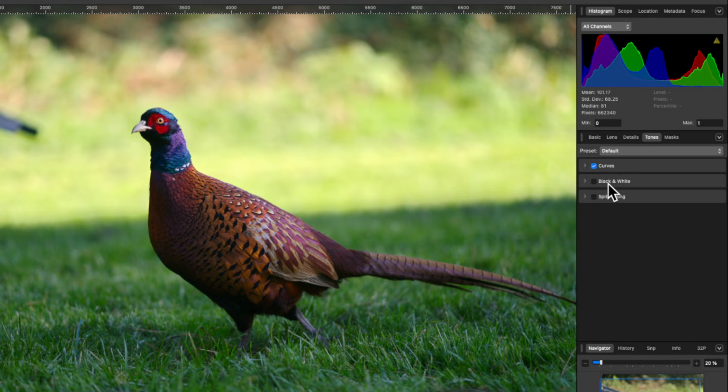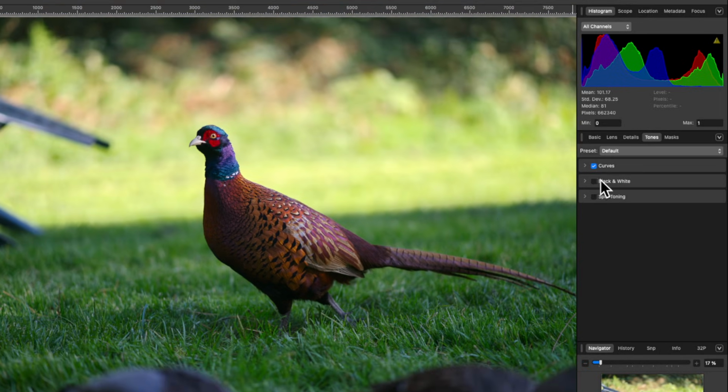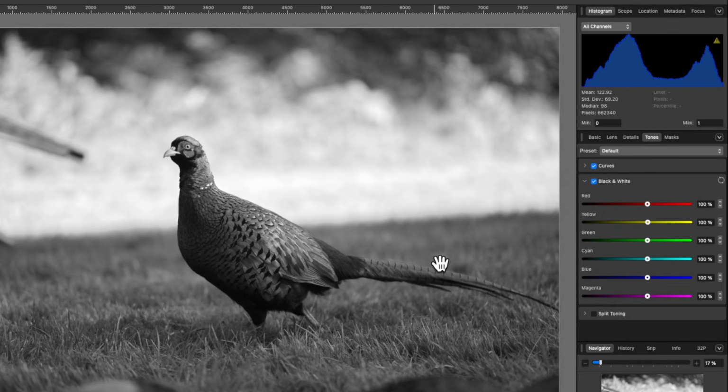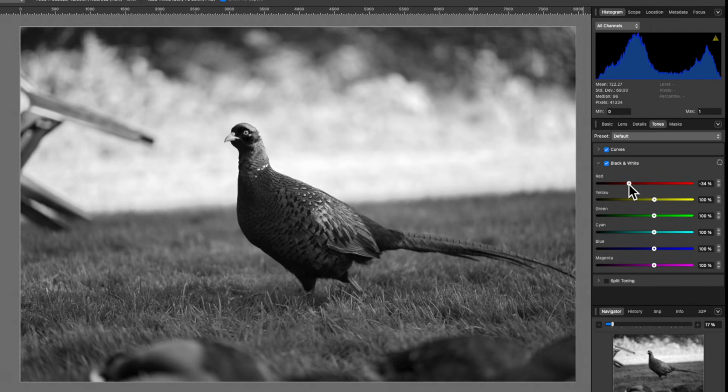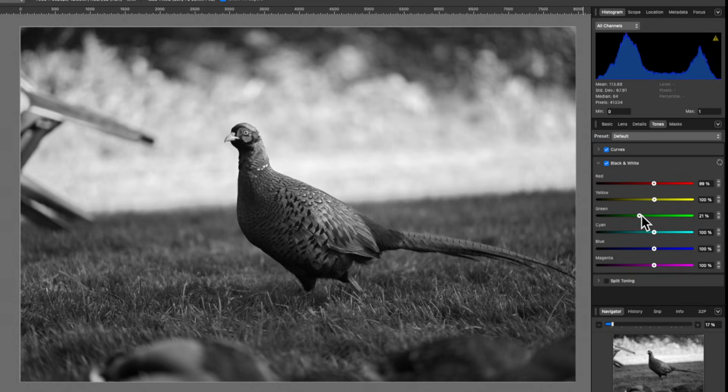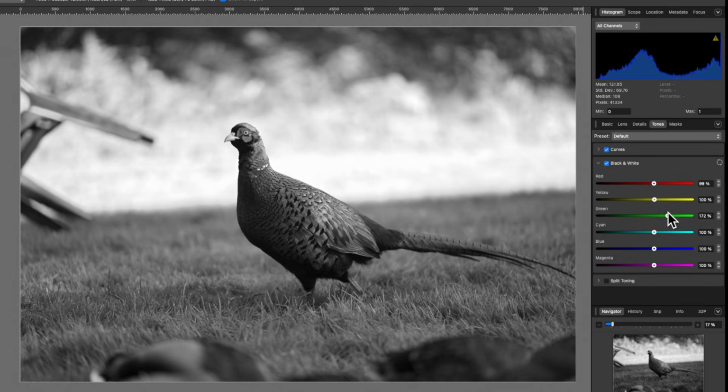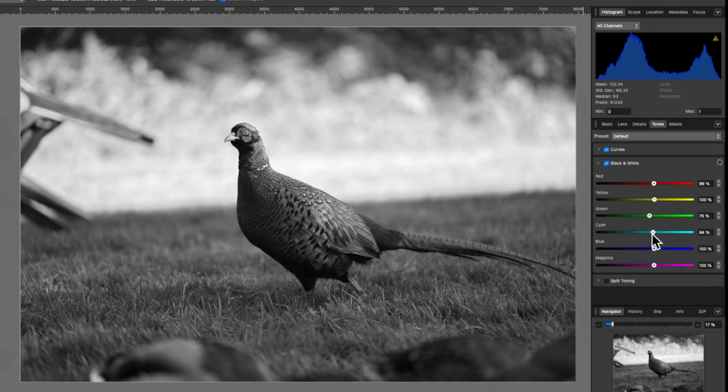Underneath, we also have black and white. So when I go ahead and click on this, the whole thing turns to black and white. And I can still play around with the colors here to adjust the tones. So I'll just click and play around with each individual piece. Remember, the greens was the grass and all that, so I can bring that down or up if I want. Same thing with the blues. So you can end up with quite a nice looking black and white photo. Okay, I'll uncheck that one.